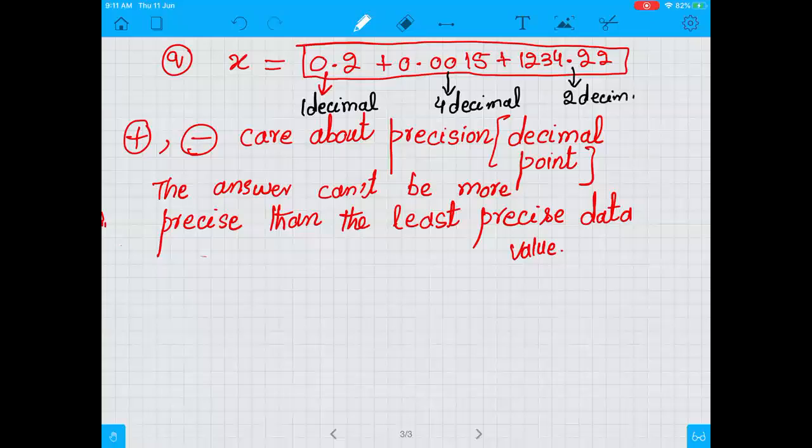Now if we add these three numbers, the answer cannot have decimal places more than one, because this number